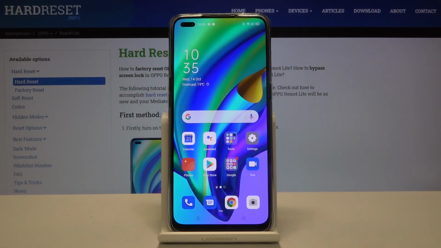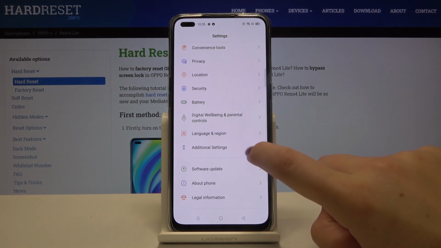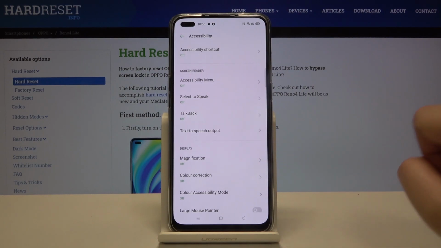Hi everyone, here we've got OPPO Reno 4 Lite, and let me show you how to enable Talkback mode on this device. So first of all, let's enter the settings, and now let's scroll until you find additional settings. Now let's scroll again and tap on accessibility, and as you can see here we've got the Talkback option, so